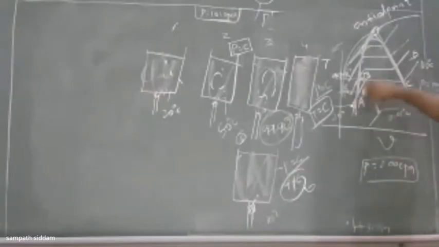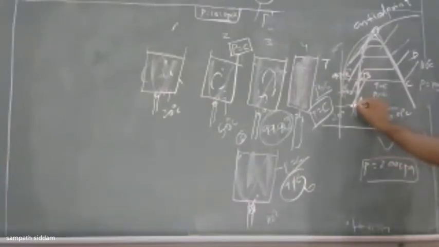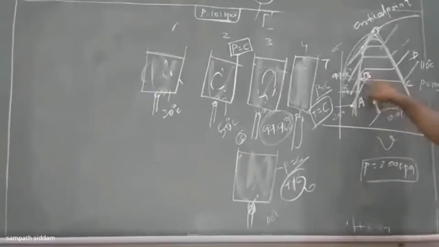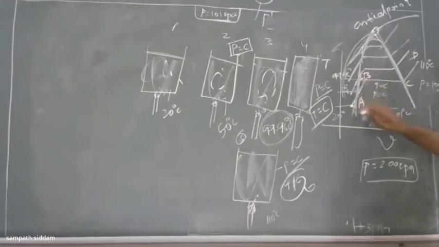So what are these points A, B, C, D? I'll tell you now. This is a point where it is in a liquid state. And this is the point where it is starting into your vapor state. This is the region where it is starting its vapor state. And this is a point where it has reached completely into vapor. This point C indicates your vapor one. And this is a dome, in between your B and C. This is a dome. This is a two-phase region.